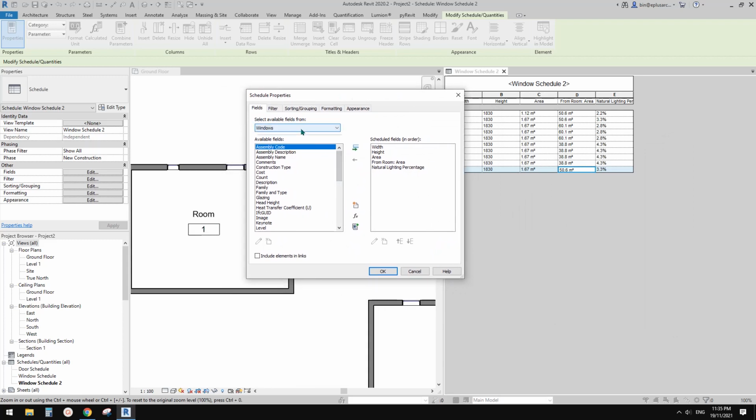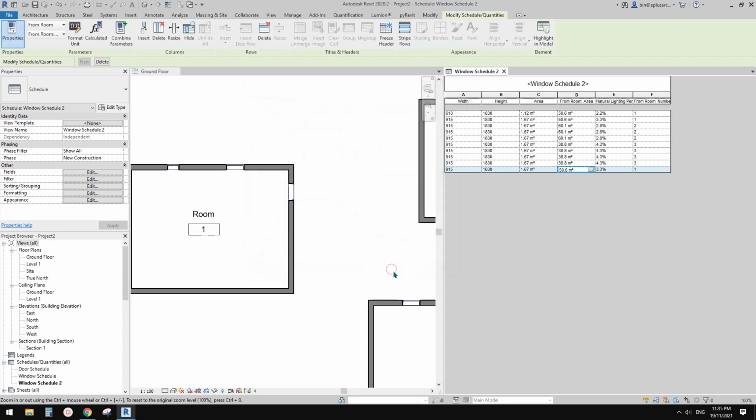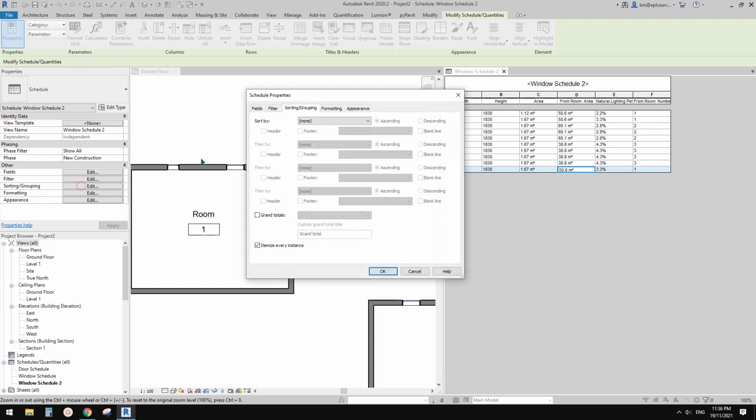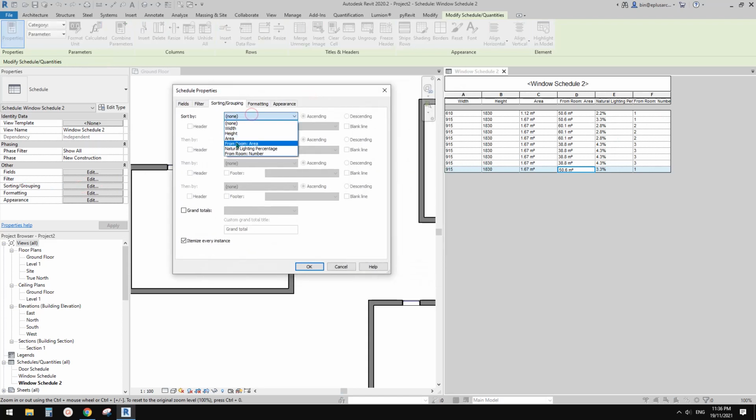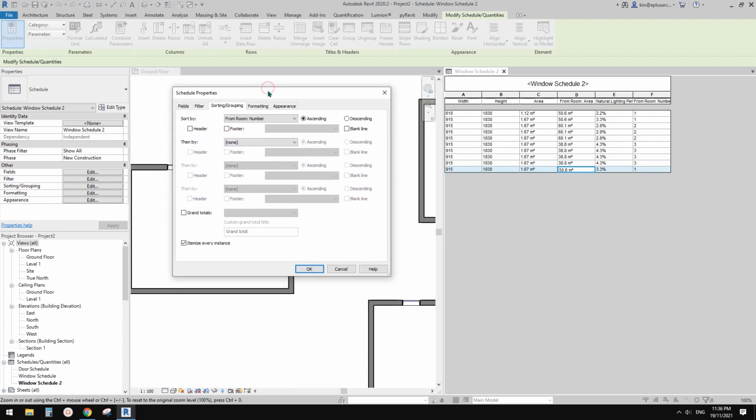So let's go add a From Room parameter, and we're going to sort by, maybe use the number of the room, because by default, they are all different. Number, and okay. So now we can go to sorting. So choose this room number, and I think